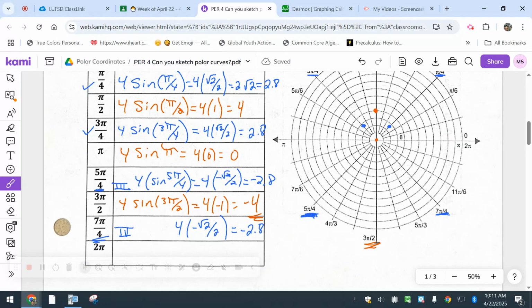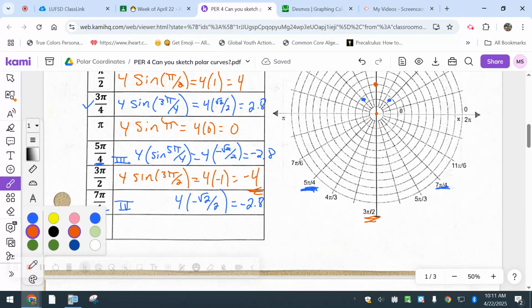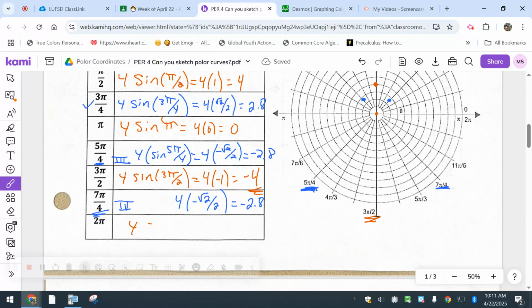Okay. And again, you guys can use your calculator, because once we get it set up, your calculator will be in radian mode. So when you get towards these ending ones, you can always check to make sure. All right. So the last one is going to loop back. Right? 4 times the sine of 2 pi. This should be 4 times 0,